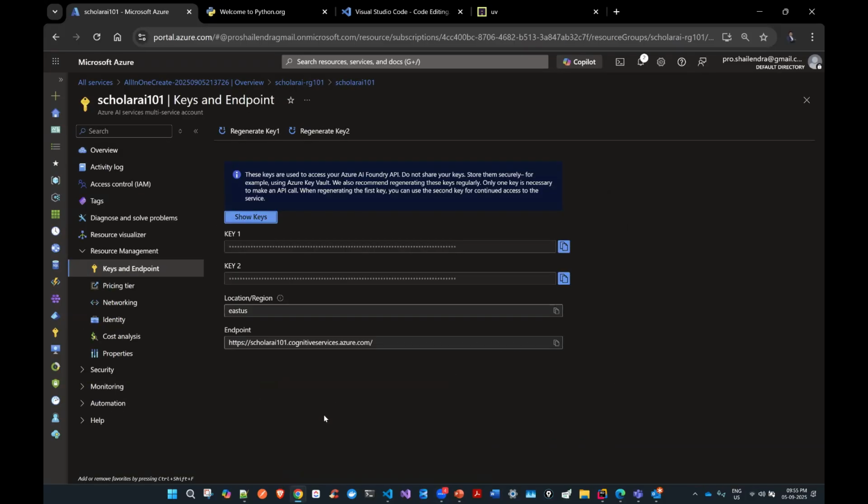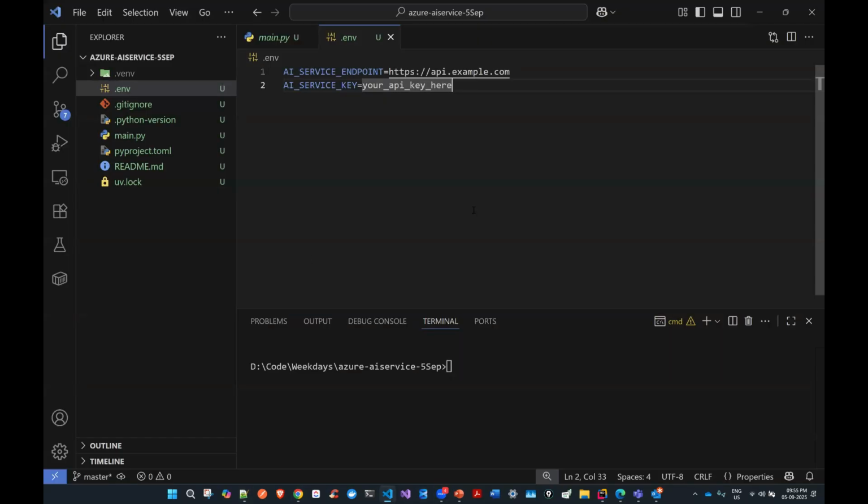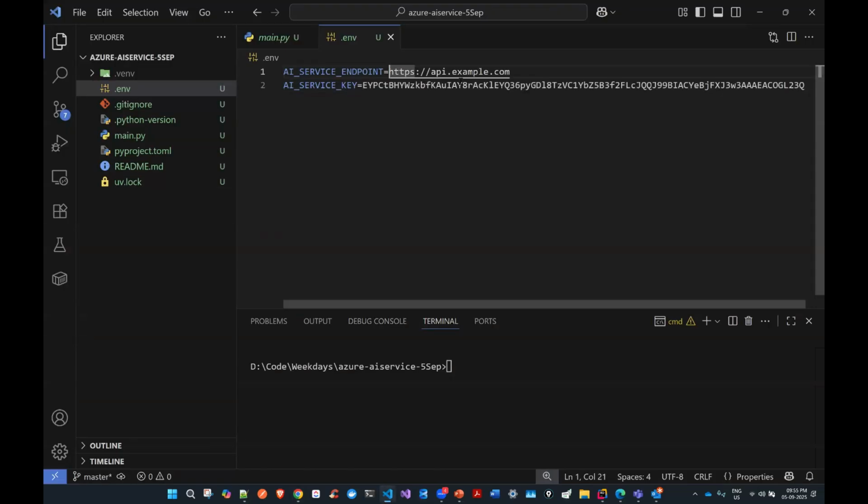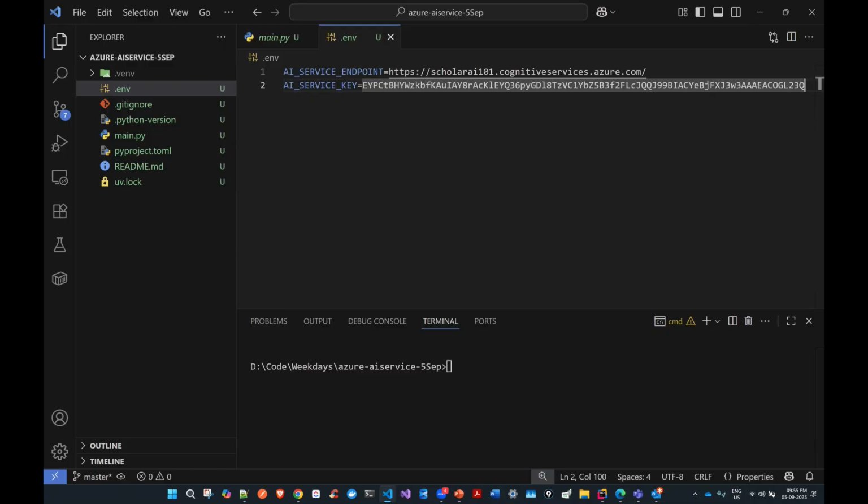And here you will get the two things. I'm getting the key here. Let me copy the key value, which I'm going to put as an environment variable. This is my key value. The second thing we have is the endpoint, which is just a URL. I will copy and put it here. So these two things we needed to access it using the Python SDK.